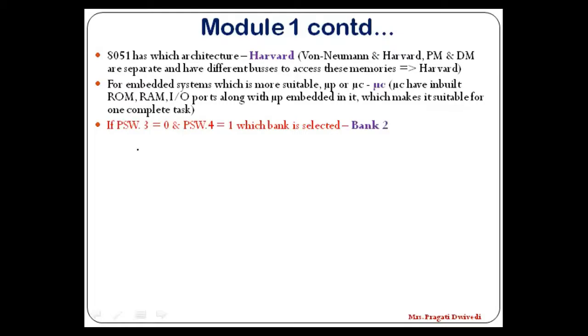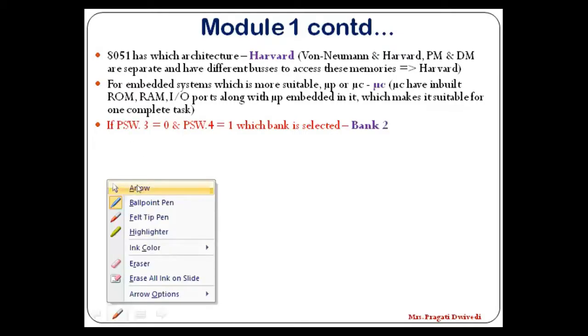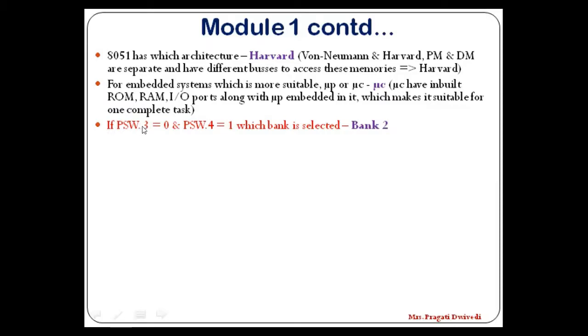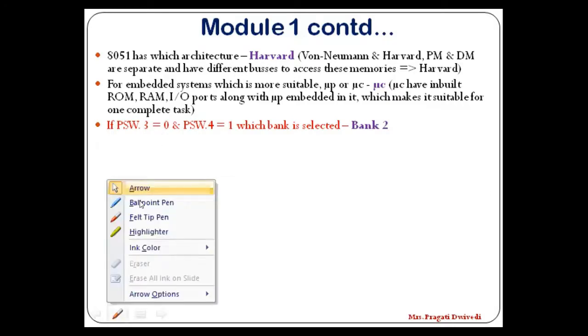Okay, so if your PSW.3 is 0 and PSW.4 is 1. Now here you have to be very careful. We just now saw that first we write PSW.4 and then we write PSW.3. But here I have written PSW.4 later. First it is PSW.3. So actually I am asking you the question